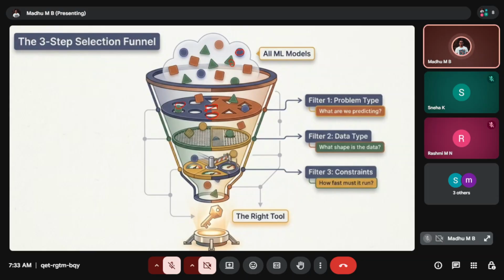In the first step, we identify the problem, and in the second step, we check what kind of data we have, because not all data can fit into our machine learning model, and we have to clean the data to fit it for proper efficiency. Second, the constraints: we have to think about how fast the machine learning model should run. And then after doing the preliminary test, we will get the